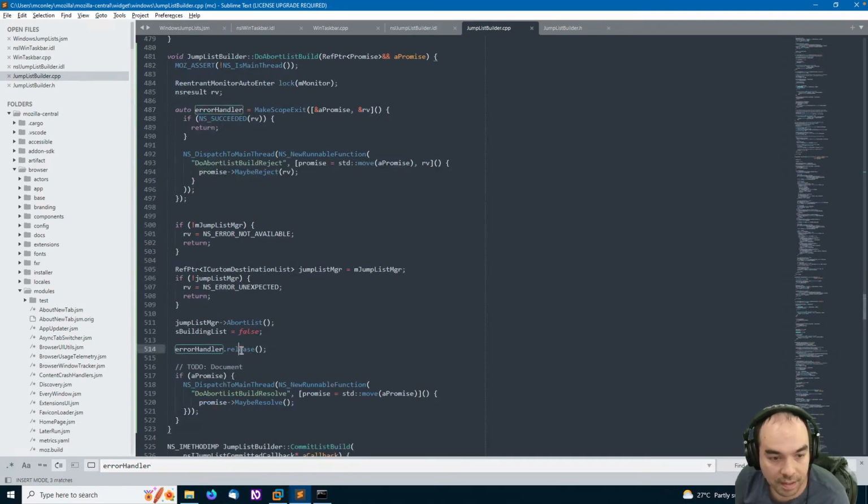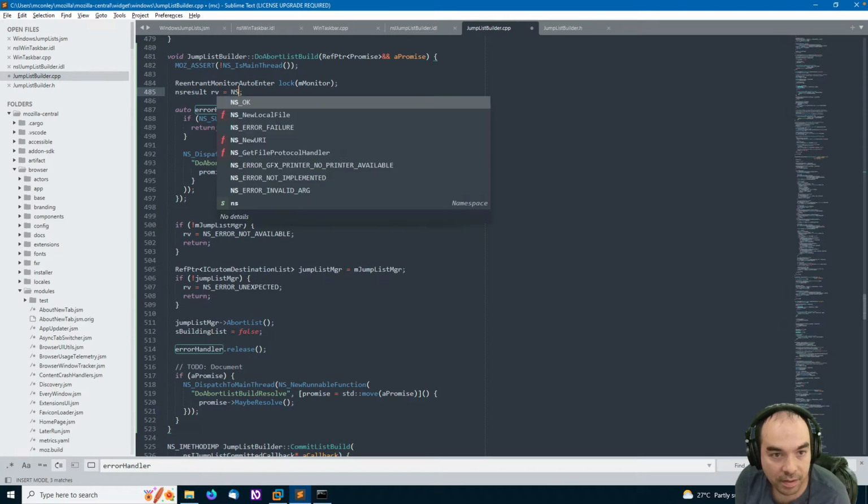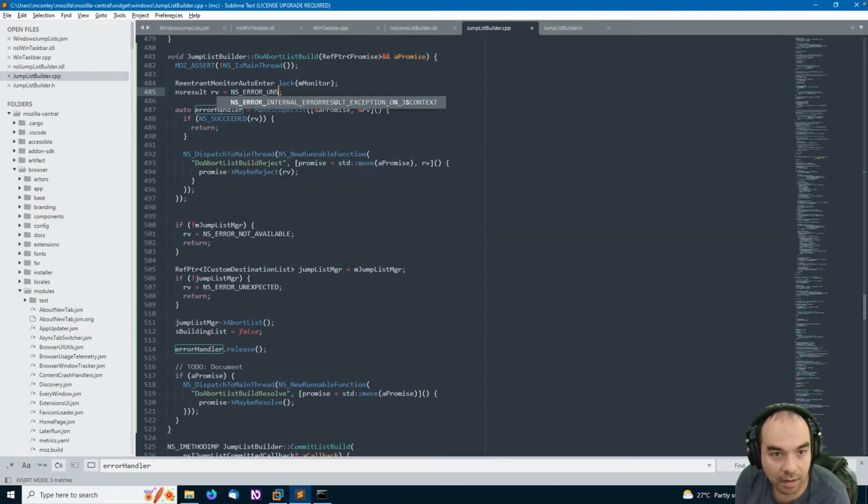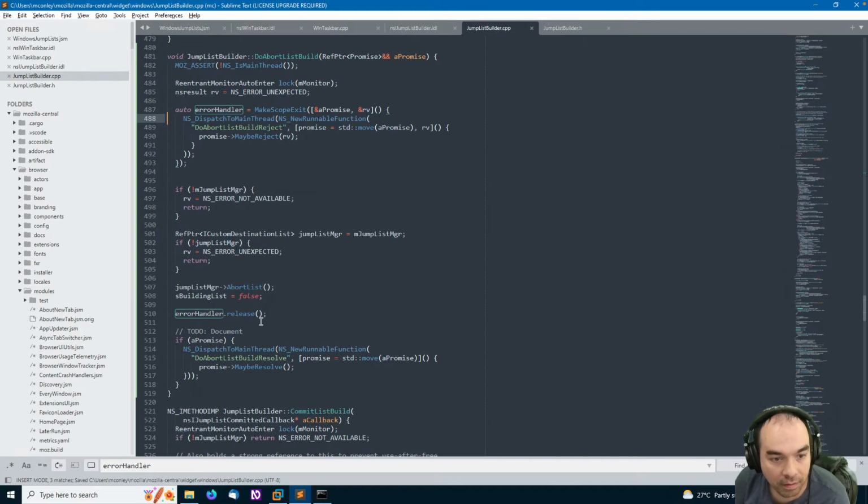But if we release it there, I actually don't think ns result rv as error handler.release, and then if there's a promise, then we resolve it.